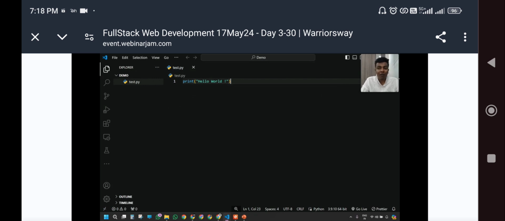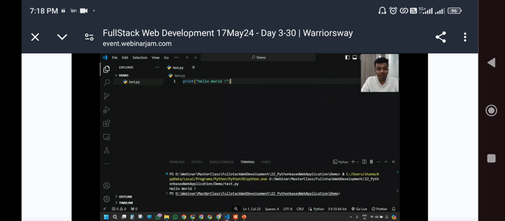So I'm going to click Run Python. Whenever you click run at the top, you get the output in the terminal below. Guys, this Python setup is very easy. If it is super easy, just post "super easy" in your live chat. Okay, so this is what it's all about: how to set up Python in our Visual Studio Code.